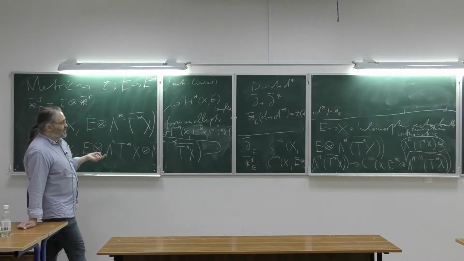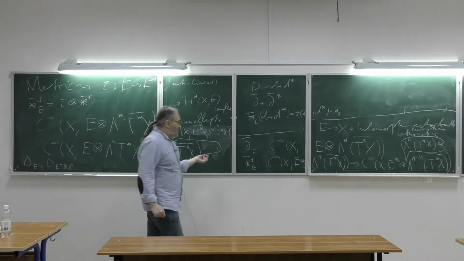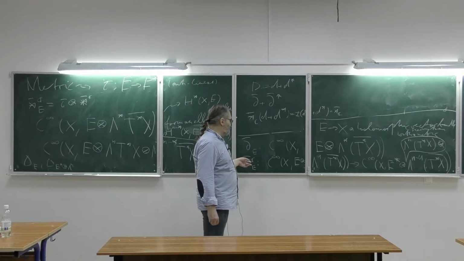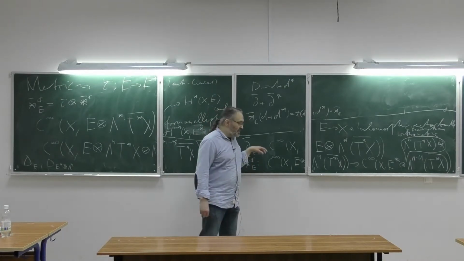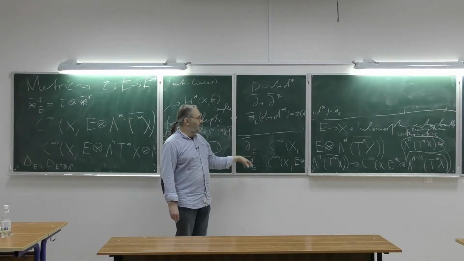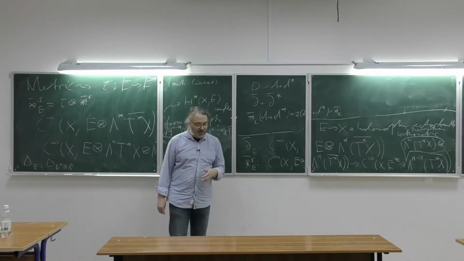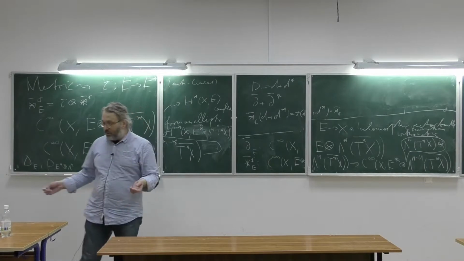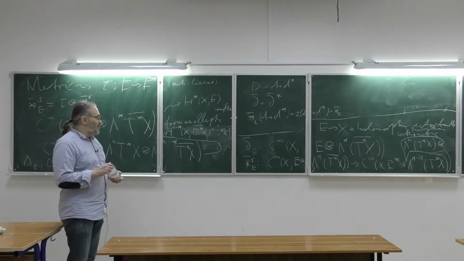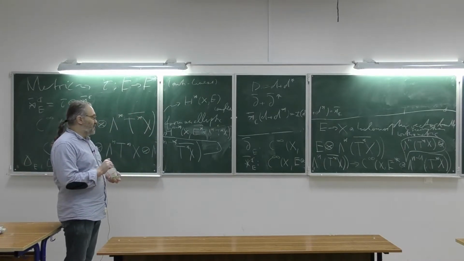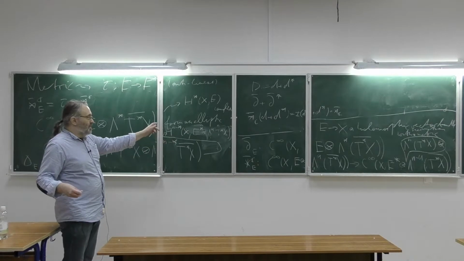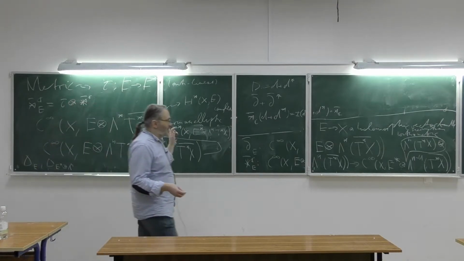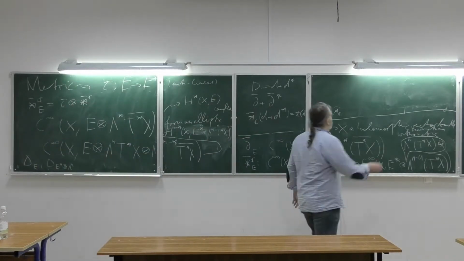Why? Well, because star and its analogs are maps of vector bundles, and basically we need to check on the level of vector spaces that